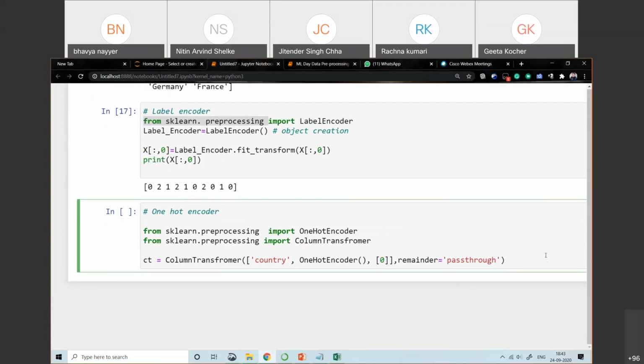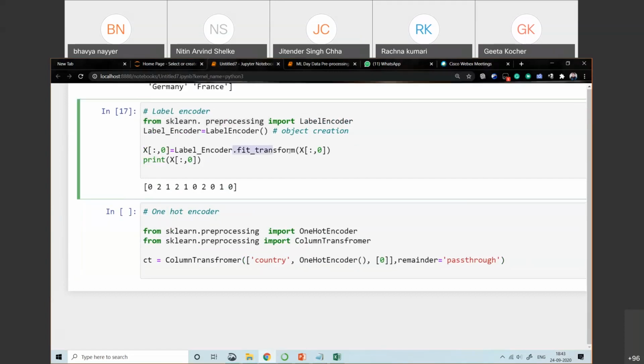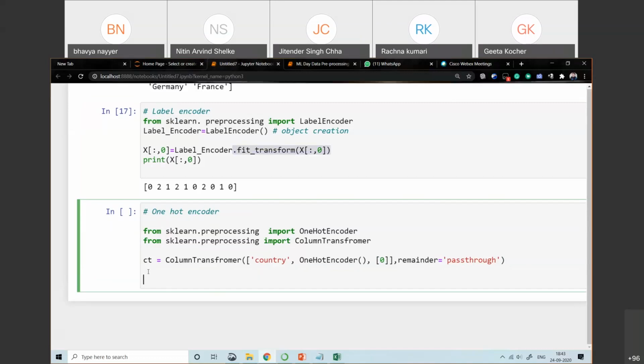Now this is what we created. We just need to use fit_transform like this, so I'm copying it from here.